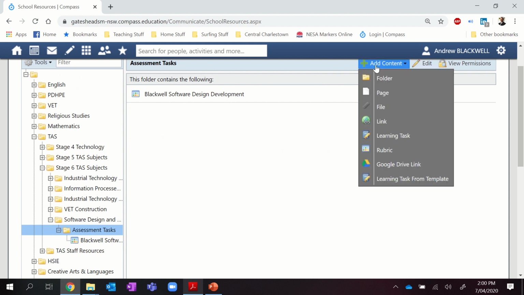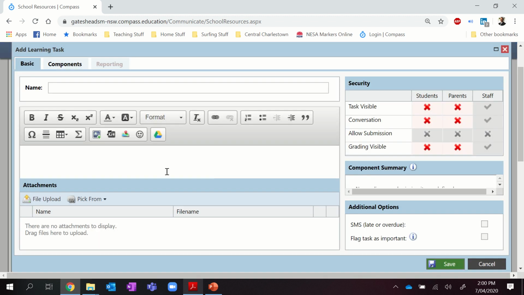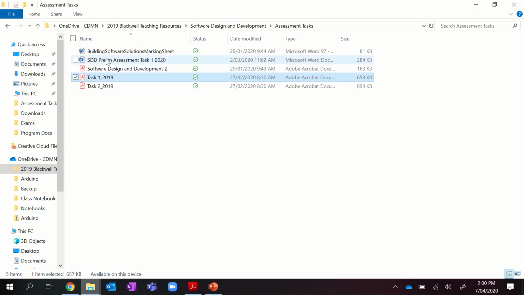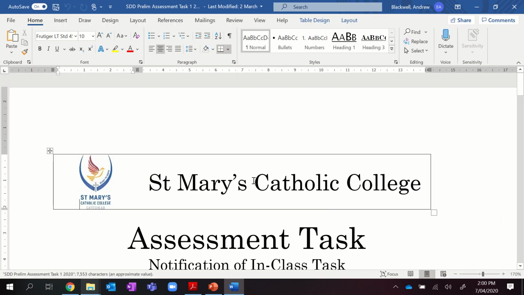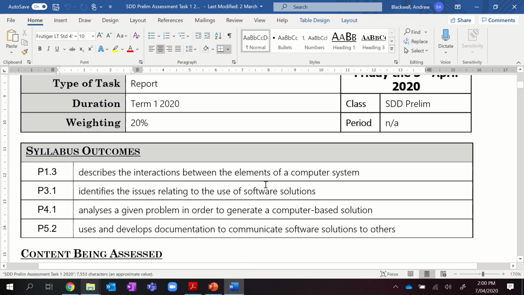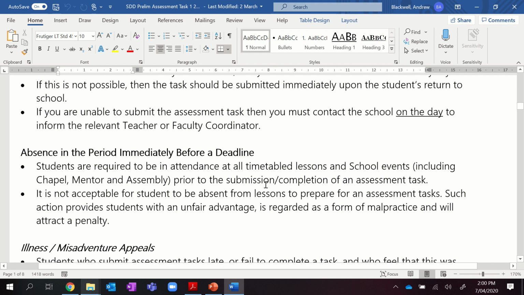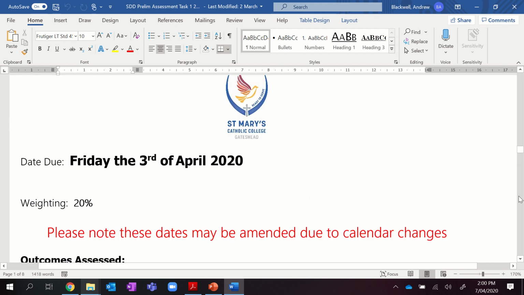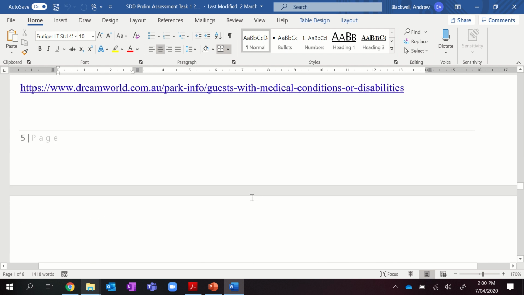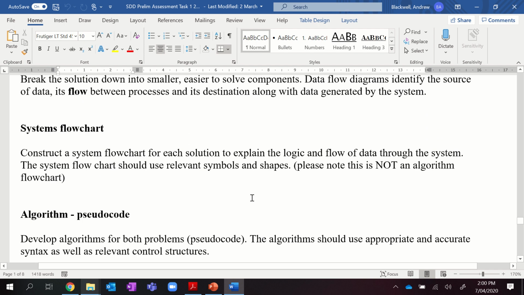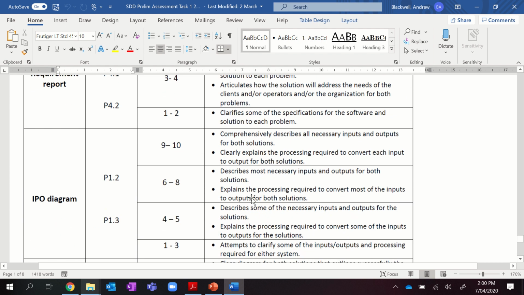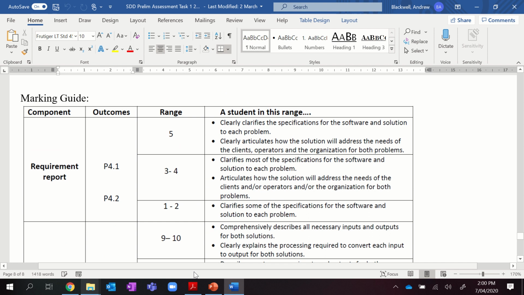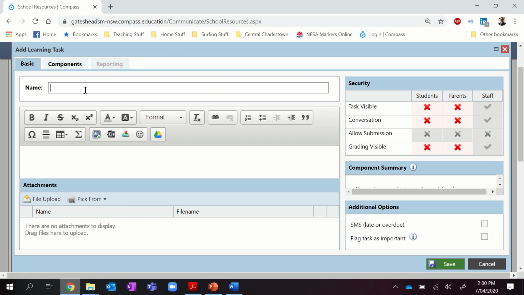So what we do is we go create a learning task, and then obviously my learning task will be this assessment task. So here is my actual official assessment task given to the students. There's some rules and what they've got to do, and then there's all the requirements, and there is that assessment rubric. So what I'll do is I will go to this and I'll say